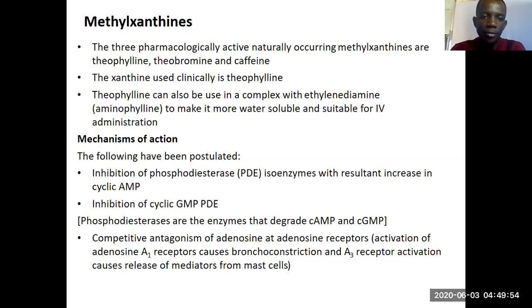This is by far the most common drug that we have in our setting. Theophylline can be used in a complex with ethylenediamine, also known as aminophylline, to make it more water soluble and suitable for IV administration. So we usually combine theophylline with ethylenediamine just to make it more water soluble so that we can administer it